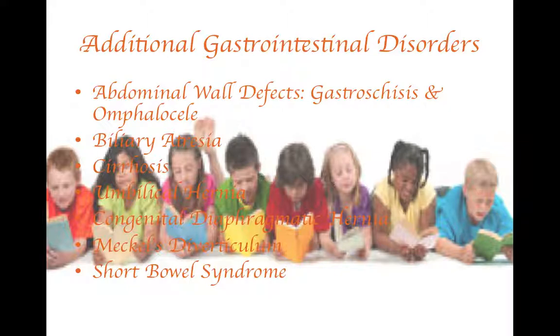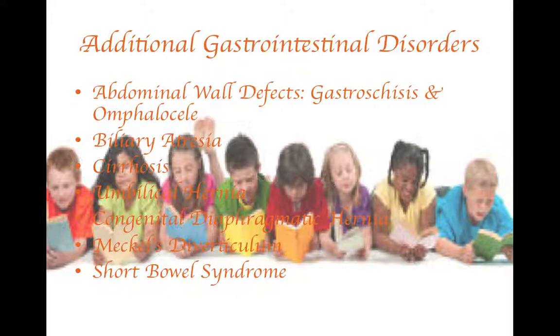Most umbilical hernias disappear spontaneously by 1 to 3 years of age. If the hernia persists beyond this age, becomes strangulated, or grows larger, it needs to be surgically corrected. Now looking at congenital